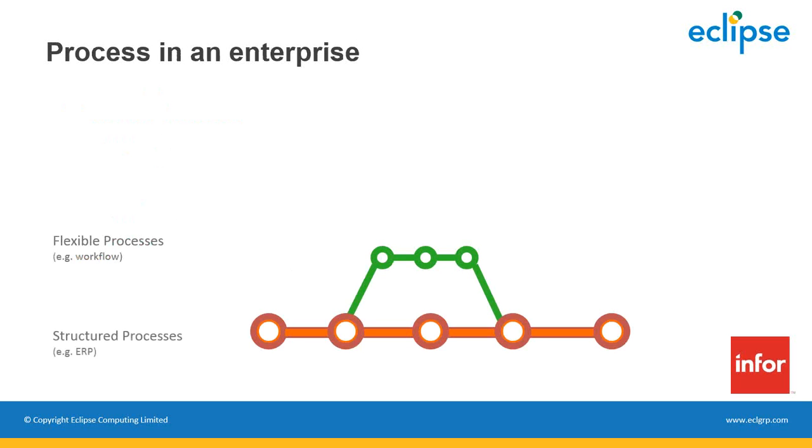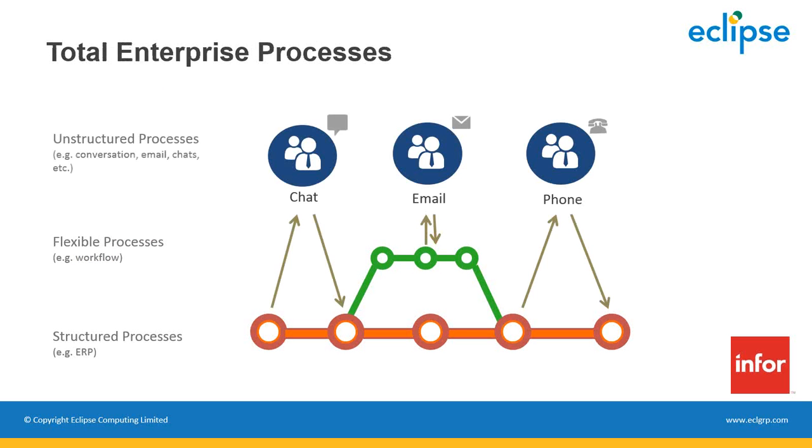So again, this comes back to this idea of the disparate enterprise, all of these different elements of people, data, machines connected together, and there's a lot of different processes. We often have very structured processes. If we start at the bottom of this diagram, we have very structured processes that maybe exist within our existing